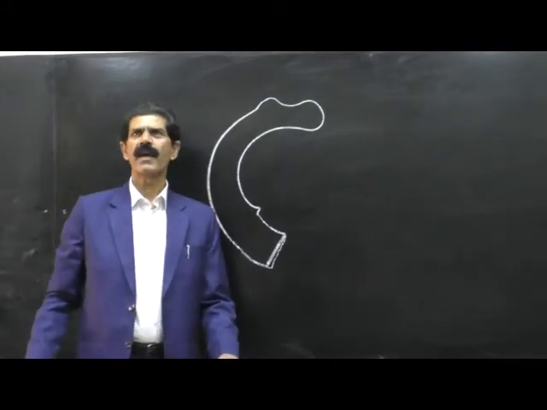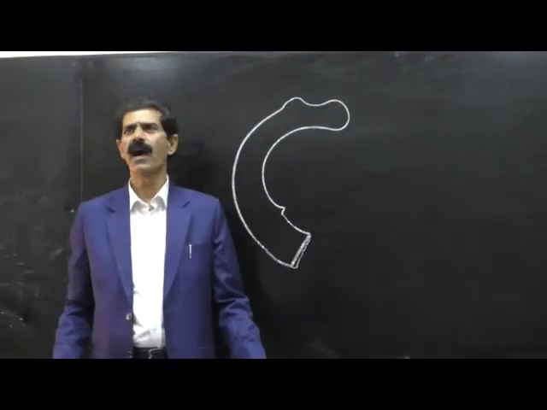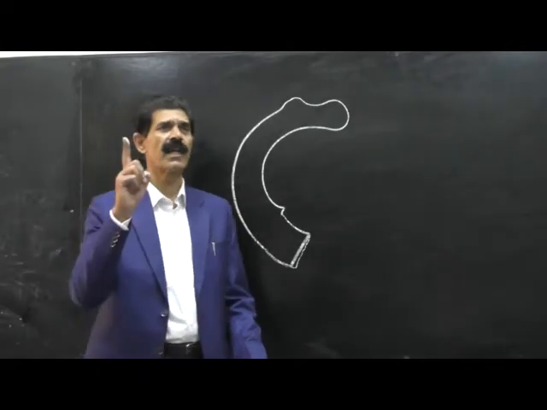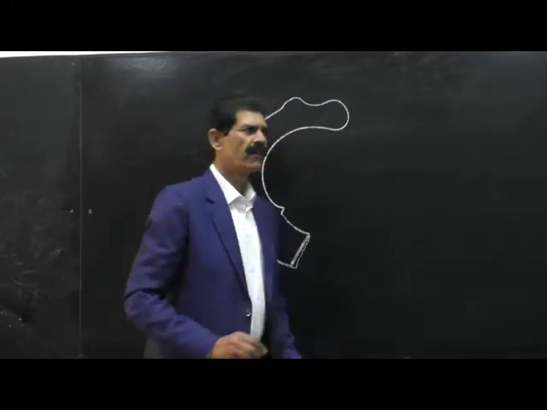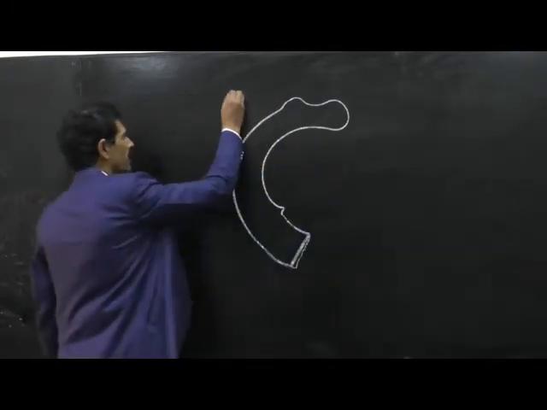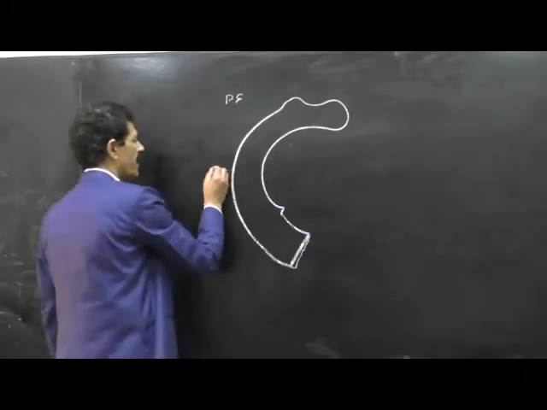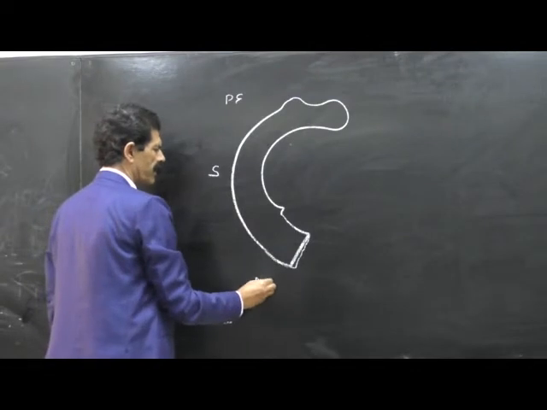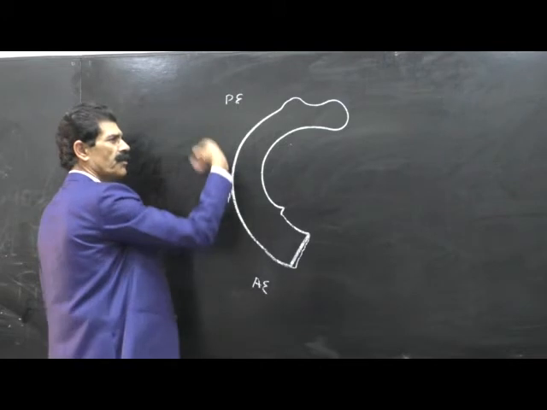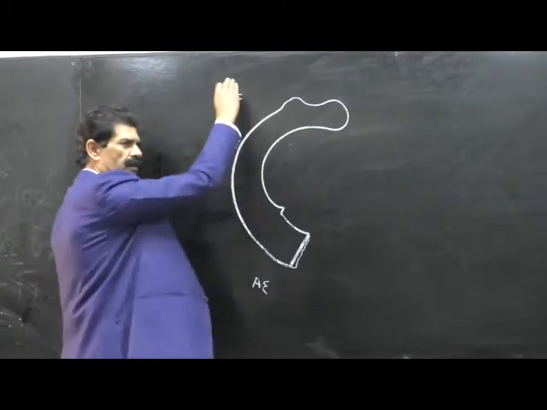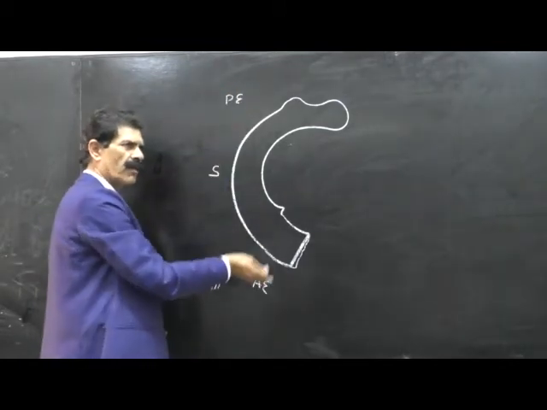Every rib is described in three parts, starting from behind, forward. There should be sequence while telling in the viva, not haphazardly. First we have to describe the posterior end, then shaft, then anterior end. Not that first you are telling the shaft, then posterior end, then anterior. No, from behind to forward.